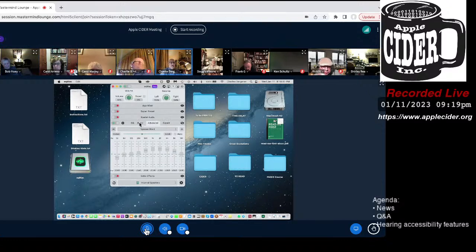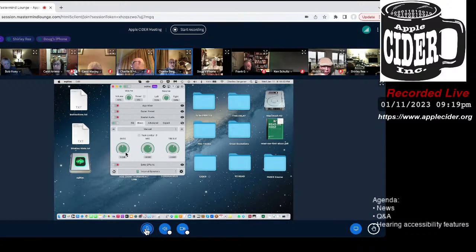But if you do Basic, you get 3 volume dials for bass, mid, and treble. And these are interesting because I don't really know how to work them. I'll kind of click here and pull, and it moves a little bit, and then it goes backwards. And anybody know how you're supposed to use these things? I would think that would turn it up or down. But you've got 2 knobbies, maybe, the inner knob and the outer knob.